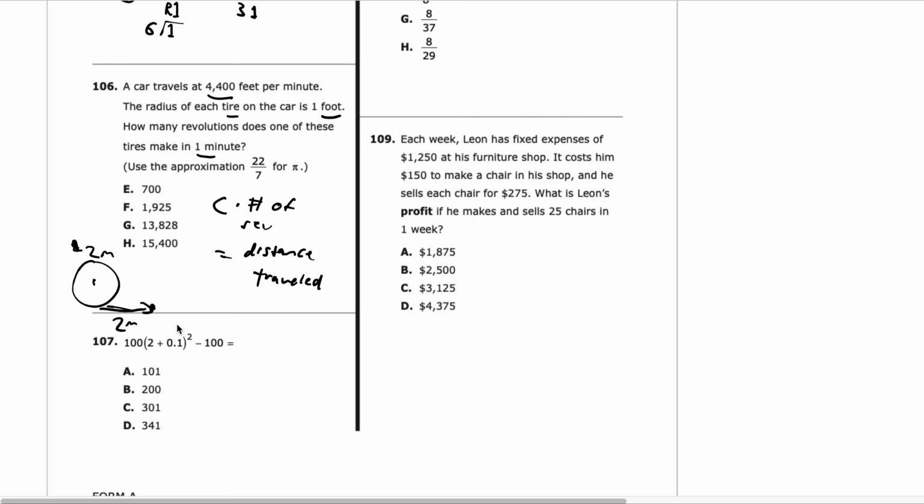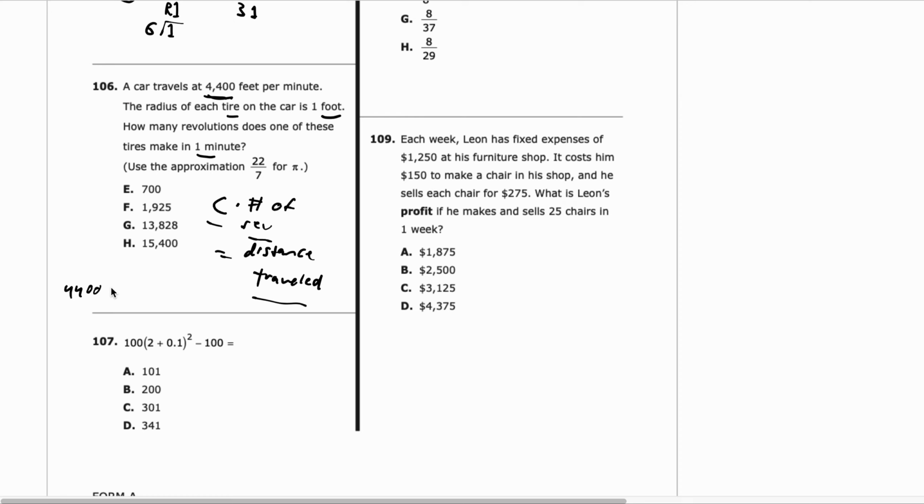And then if it does another revolution, it's going to propel you another 2 meters forward. So basically, if you take the circumference of the wheel times the number of revolutions of that wheel, you're going to get the distance traveled. So given that fact, we know that the distance traveled is